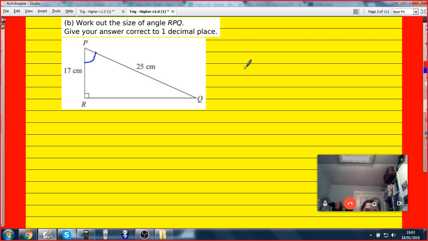Okay. How can we find that? So you have to label it, don't you? Yep. So then the H is the 25 centimeters, isn't it? Then is it the R to the Q is the A? Yeah, like that. Yep. Then the other one's the O. So if you know the H and the A,